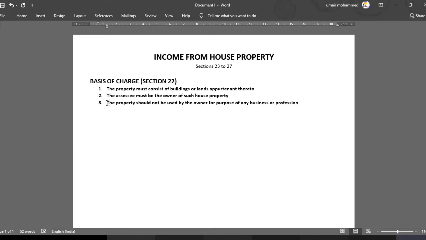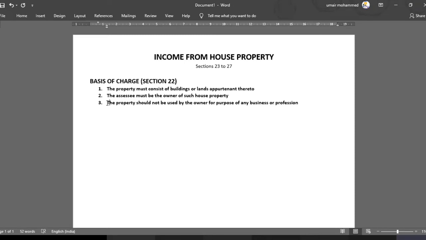What does it mean now? First of all, it does not mean that as an owner of the property, you should not give the property on rent for business or profession. Of course, you can give. You can give the property for business and profession. The tenant who is coming to your property can do business also, can do profession also. That is income from house property, because you have given the property on rent. Some properties are in the form of house property, some properties are commercial. That does not matter. What matters here is that you can't do business or